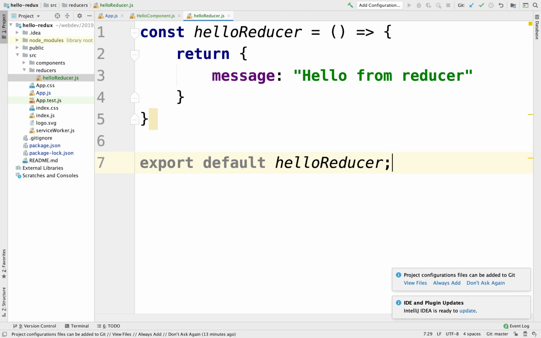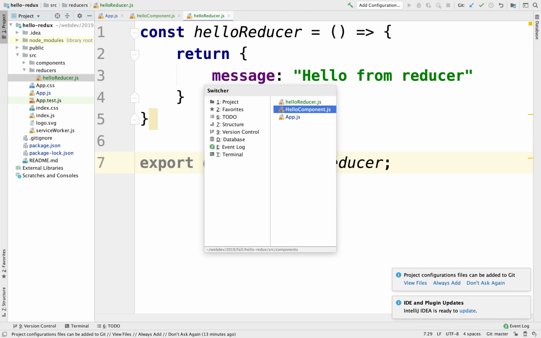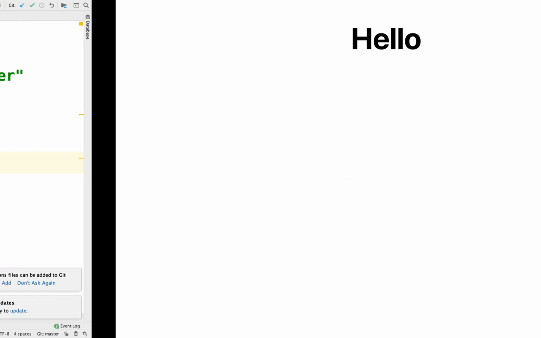Notice that it's just a function, right? There's no React here. It's just plain old JavaScript. It's ES6, yes, but no magic here. It's very important to understand that this is just a function. Once we have the reducer,